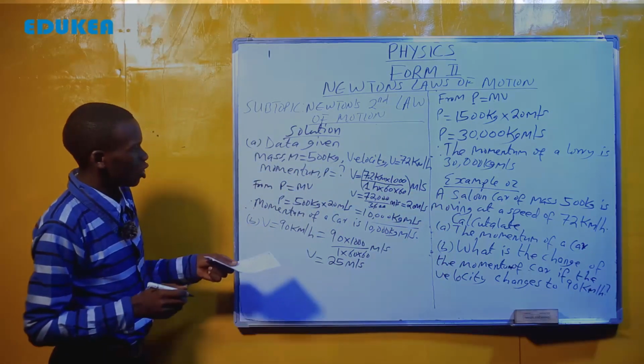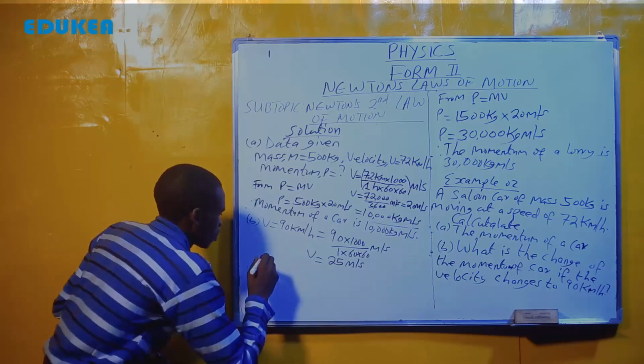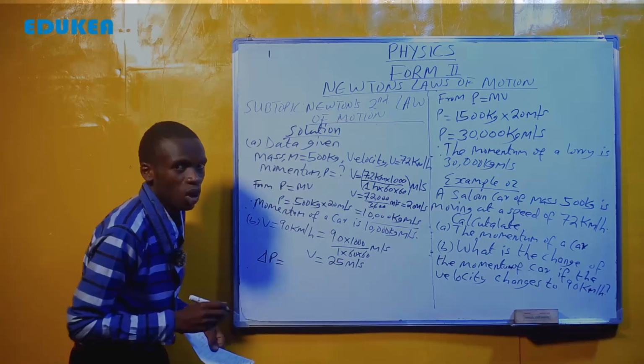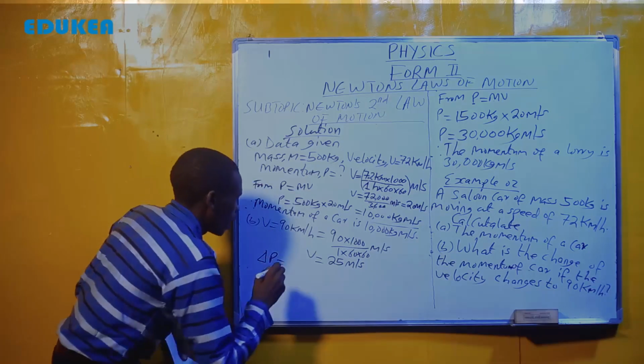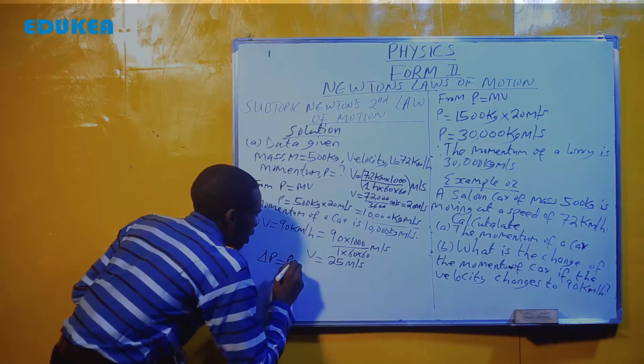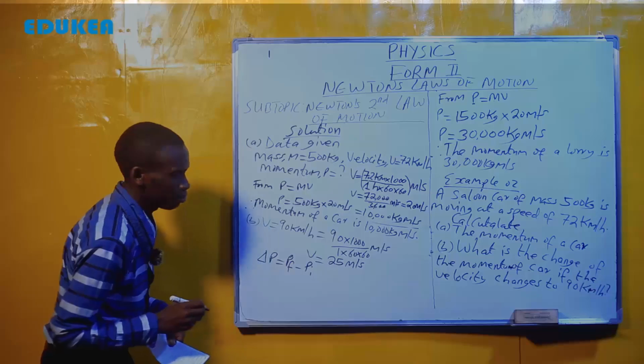So if we know that change of momentum from previous lesson, we have learned that change of momentum is equal to final momentum minus initial momentum. And we have said that